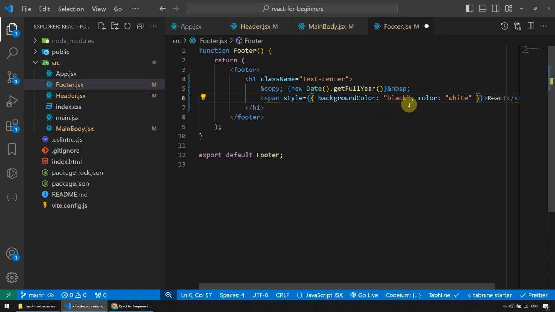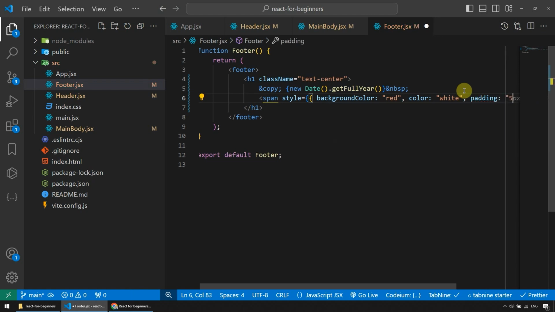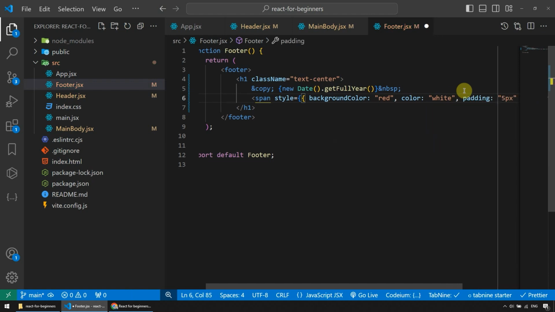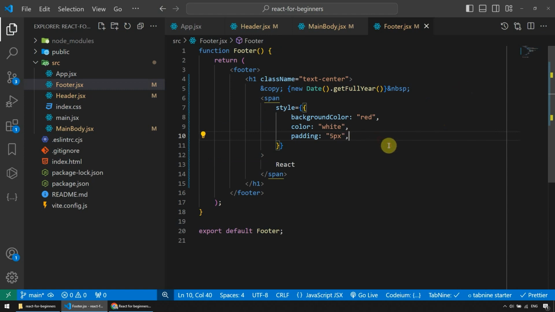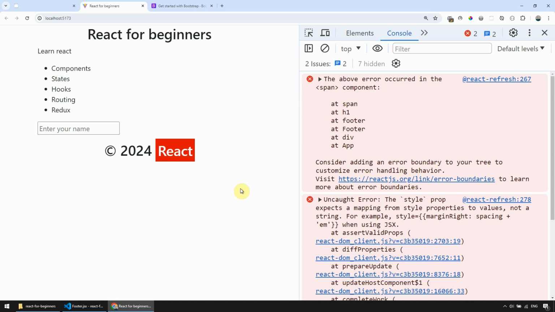So background color black, let's make that red, color white, and let's say padding, and that's just one word, so it looks the same, and pass 5 pixels like so, save that to format, and that should work. Let's see, and here it is. Okay,